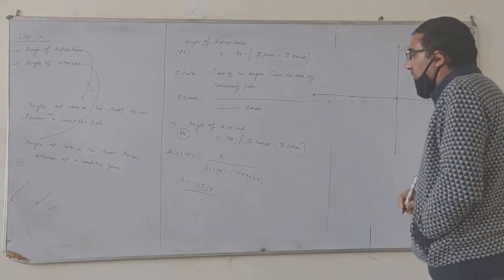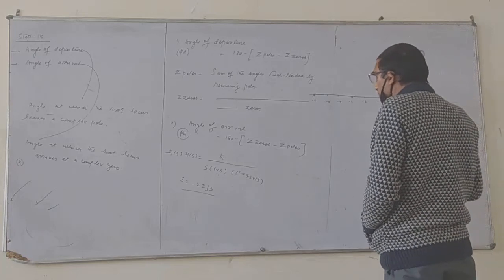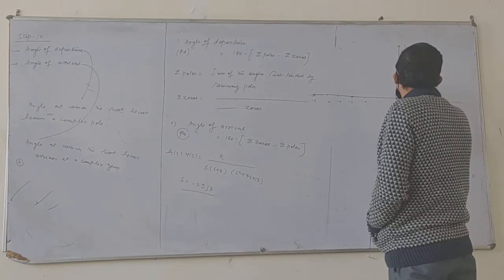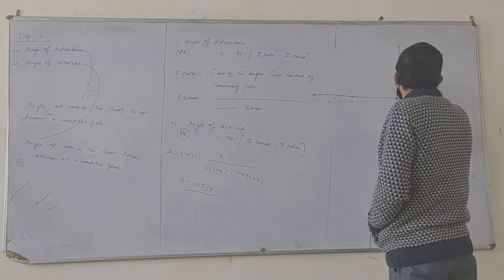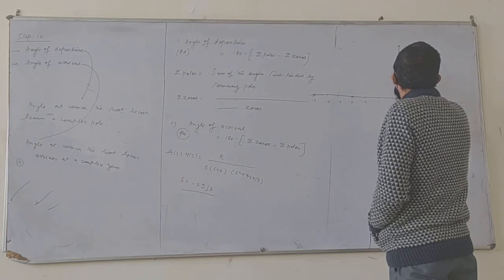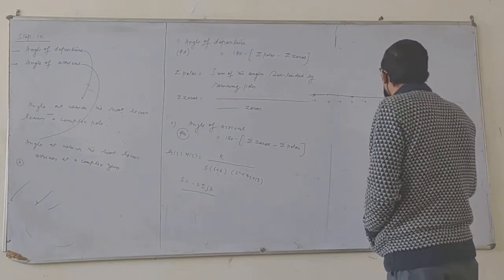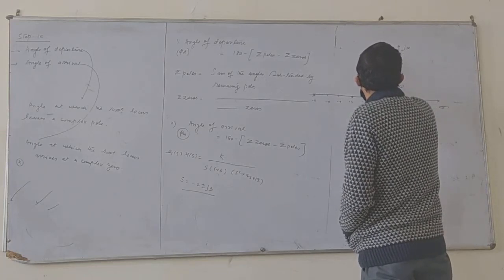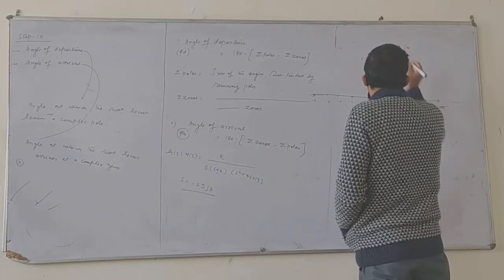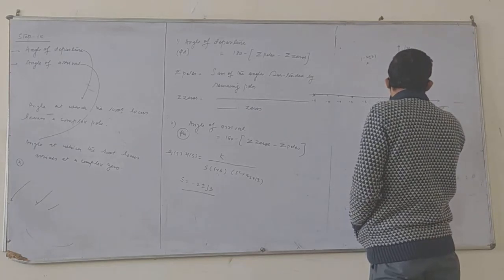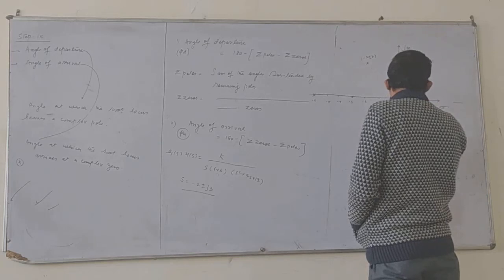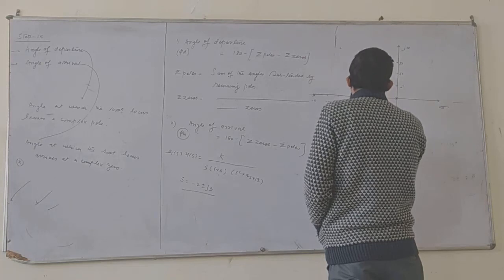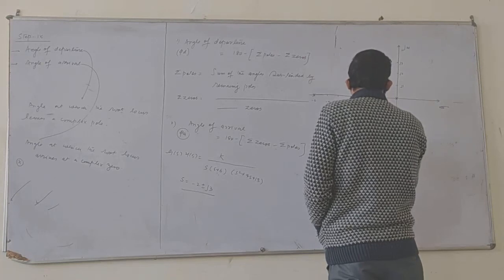Then we have a complex pole whose real part is at minus 2. So here, and imaginary is here, j1 on this side, j2 and j3. This will be minus 2 and it will be somewhere here. So this location is minus 2 plus j3. On this side it will be minus j1, minus j2, minus j3. So somewhere here on this side, minus 2 minus j3.